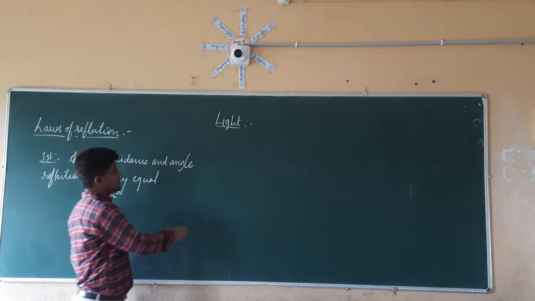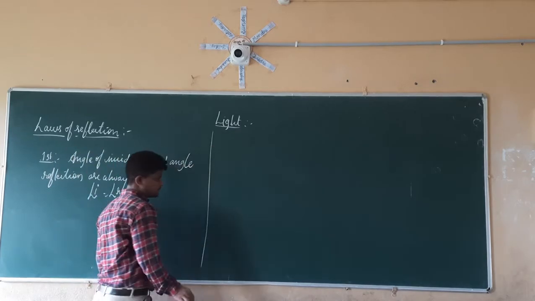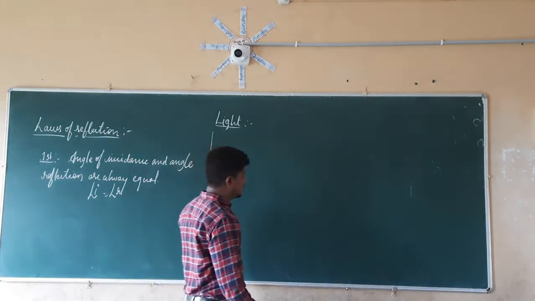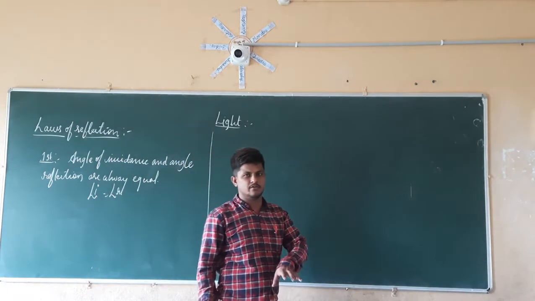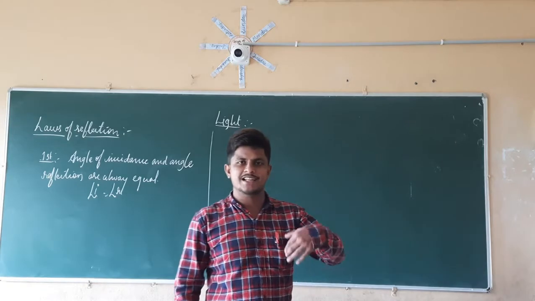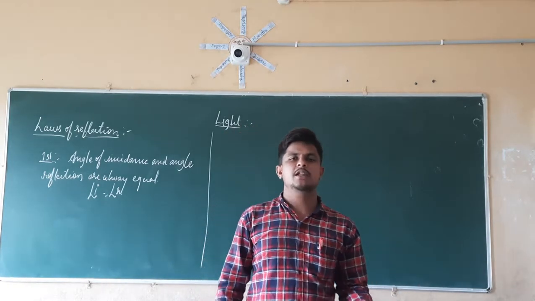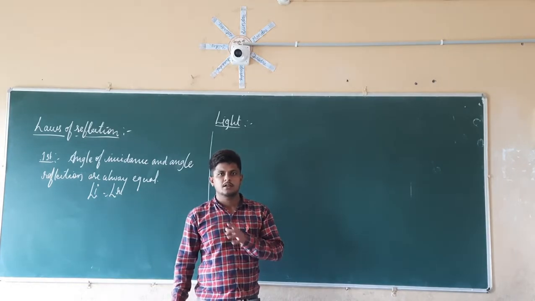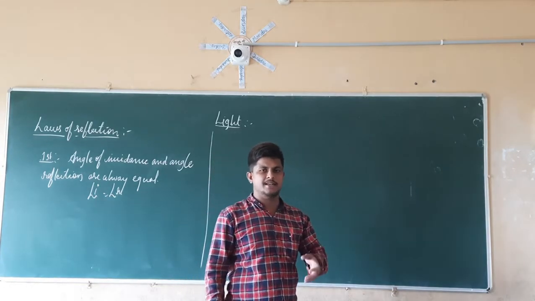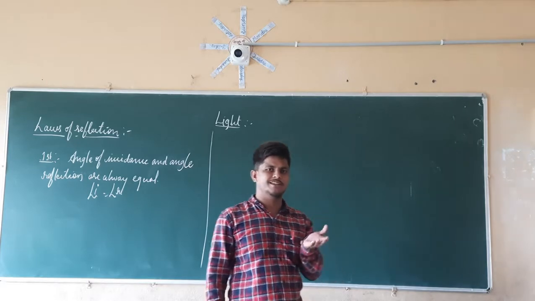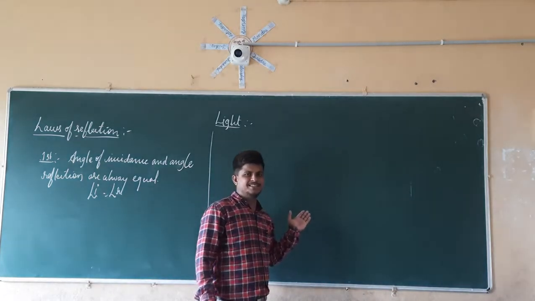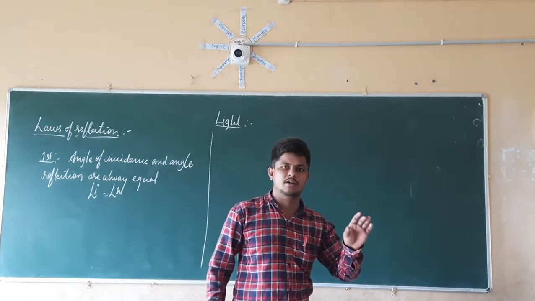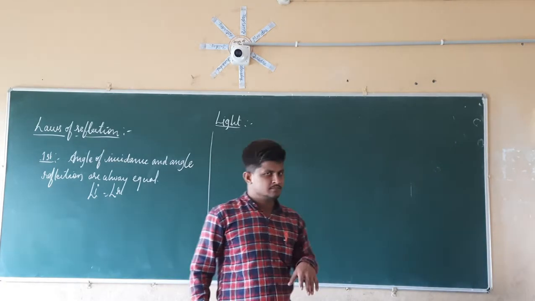So today we are going to discuss the second law of reflection. For that we are going to do an activity. See here what we are going to do. We are going to take again a plane mirror, and project a beam of light onto it. We are going to draw that pattern on a paper such that we can see everything. We can identify the incident ray, normal as well as reflected ray.